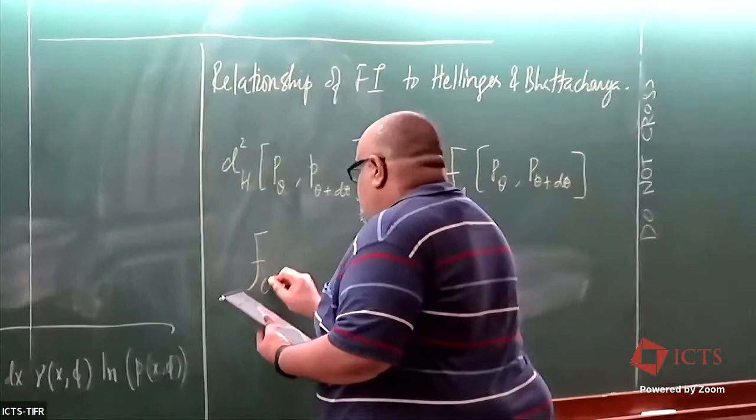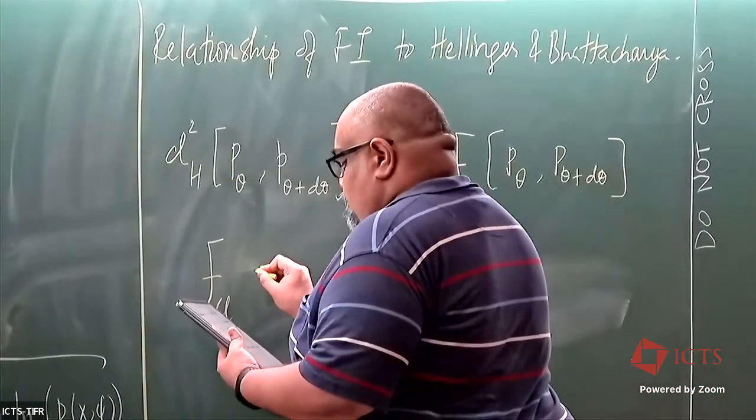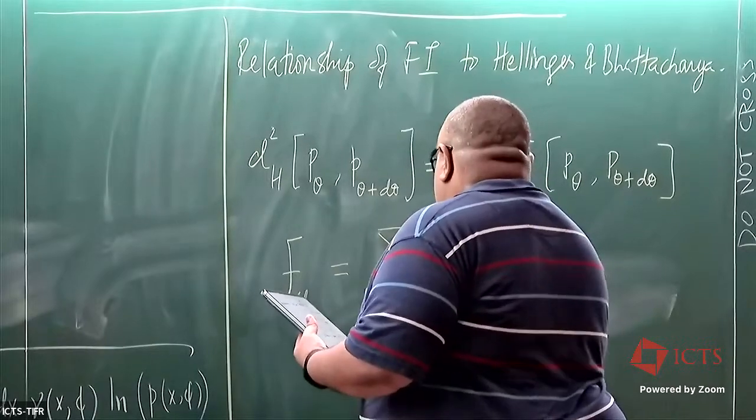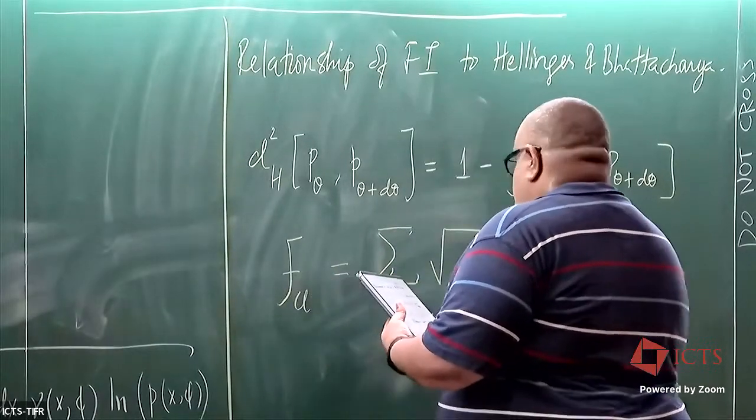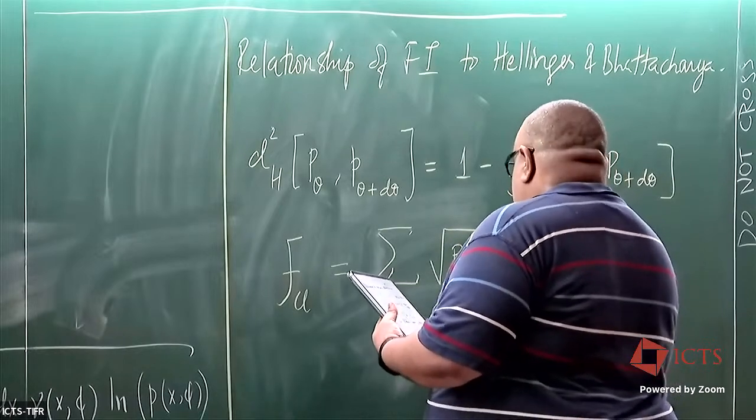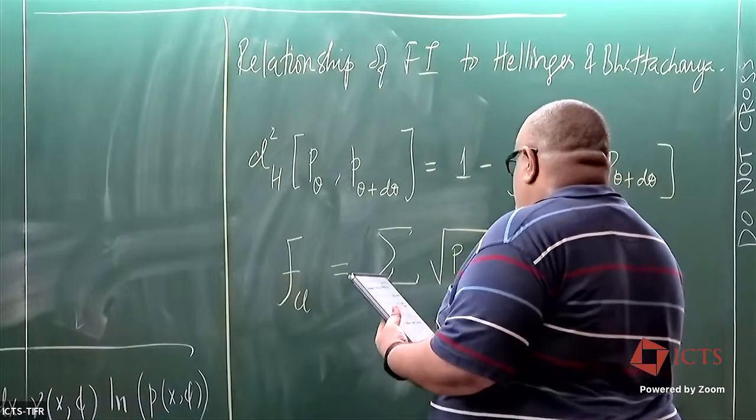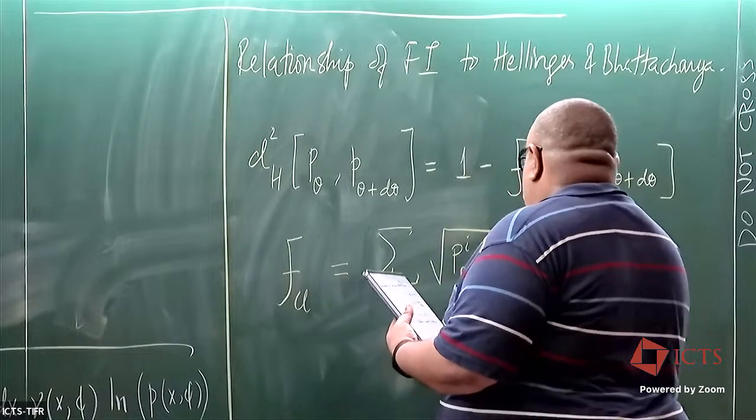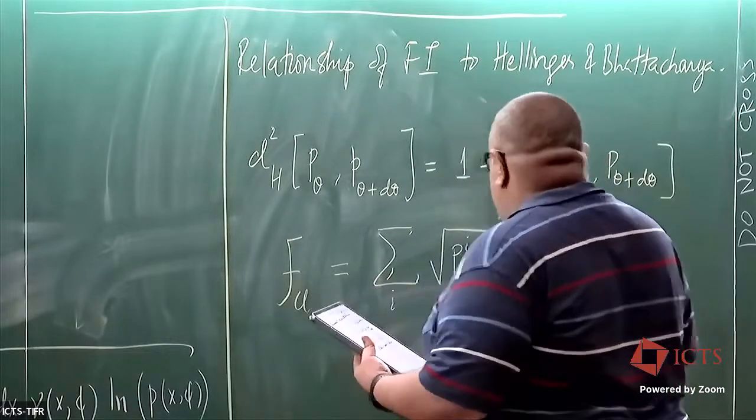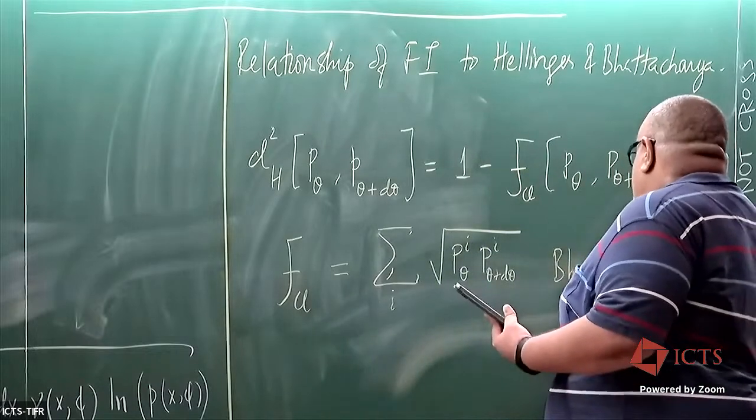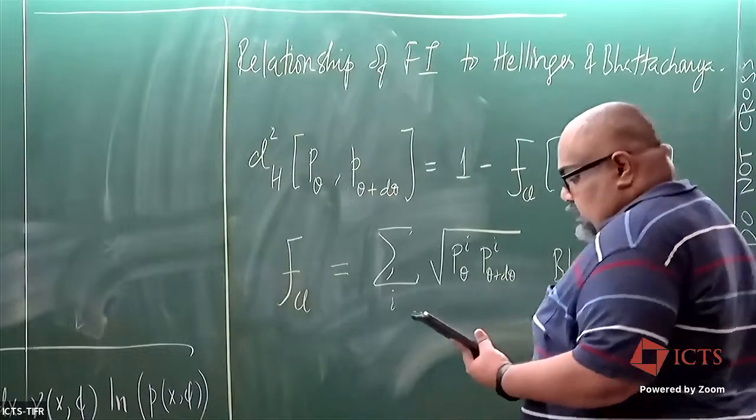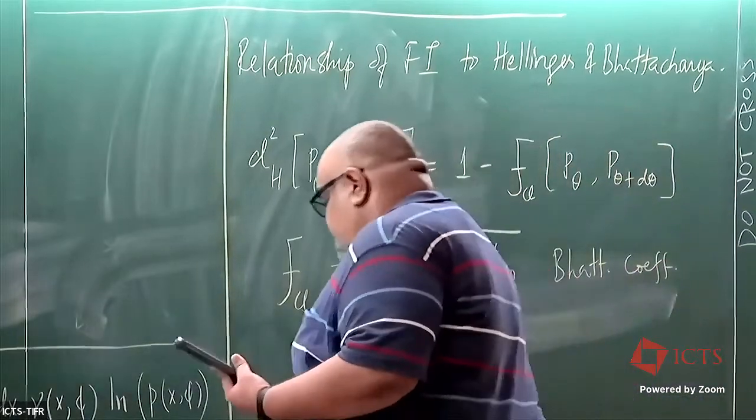And this Bhattacharya coefficient is basically defined as the sum over the square root of p theta_i and p theta plus d theta_i, basically. So this thing is called the Bhattacharya coefficient. And the crucial thing that I just want to make, which is the only thing I